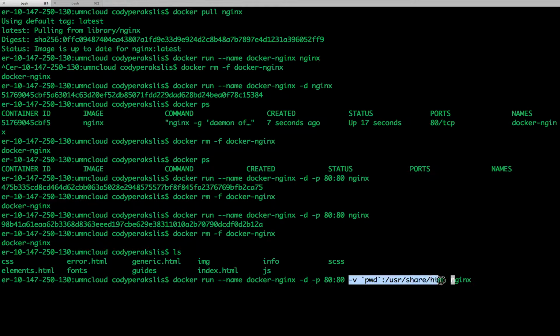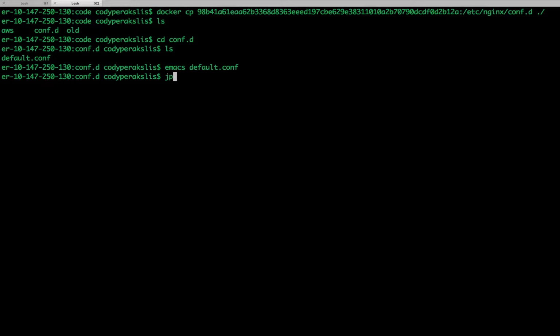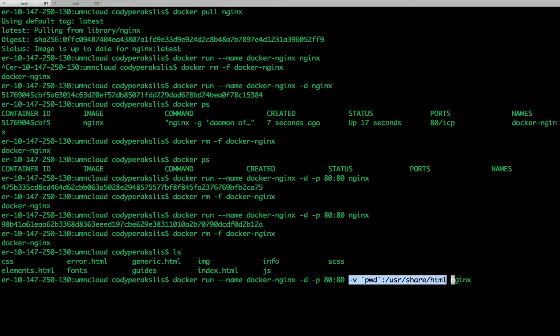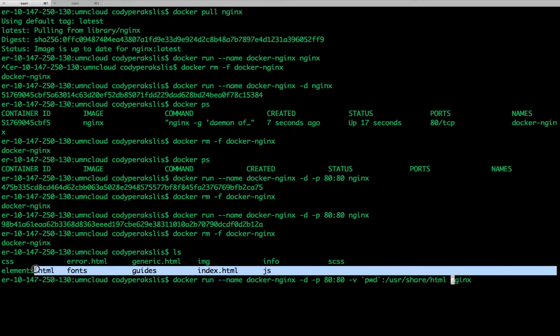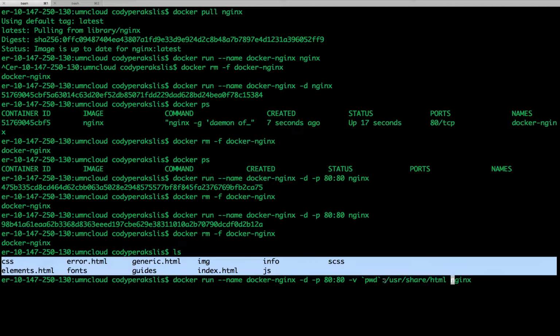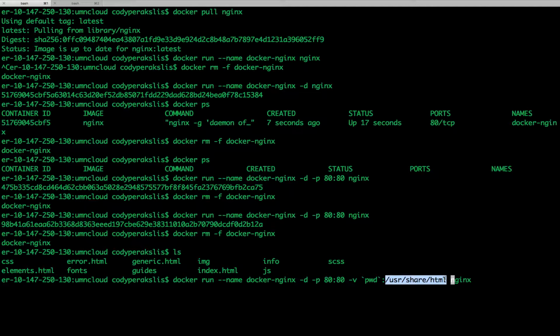So what this is doing right here is saying these files right here, and what the backtick pwd backtick is doing is just running the print working directory command, which I'll show here. Print working directory just shows where you are in the file system. So basically this is saying, all the files right here, put them right here in this directory of the container itself. So now if we run this,